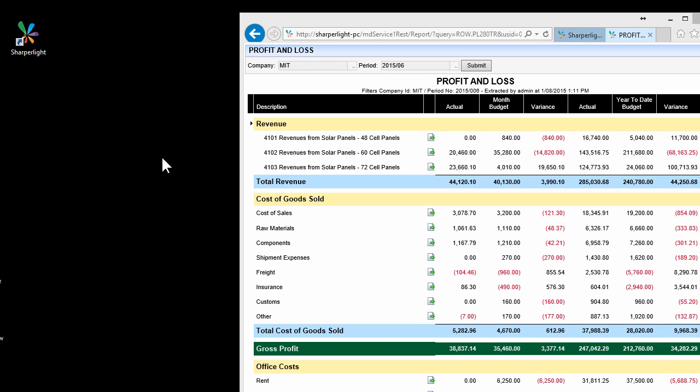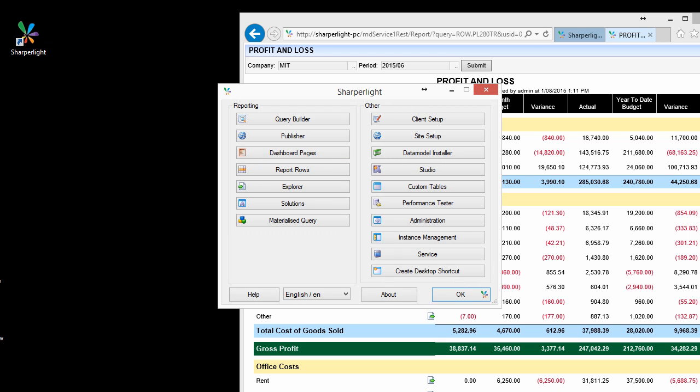Okay, for this part of the video we're looking at how to build up the report from scratch. Now there's a number of ways to start with reporting rows. One is to create a shortcut to the Sharperlight md.applications.exe in the program folder. That's the way I usually do it, or you can go to the shortcut menu and select reporting rows